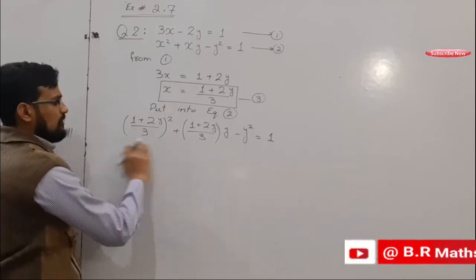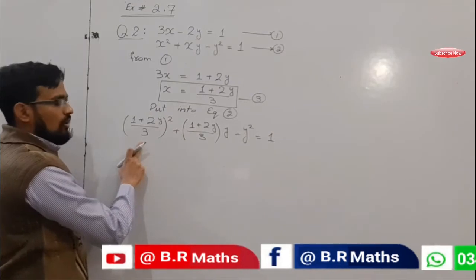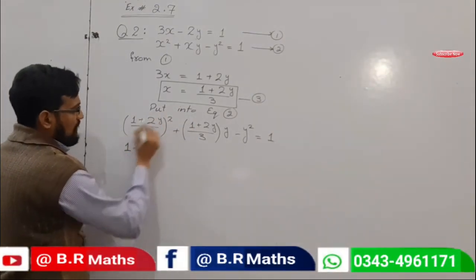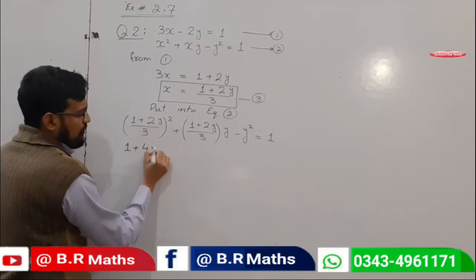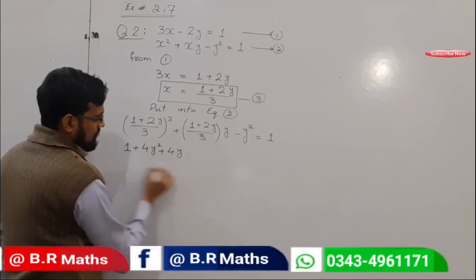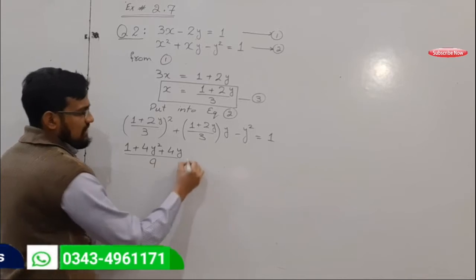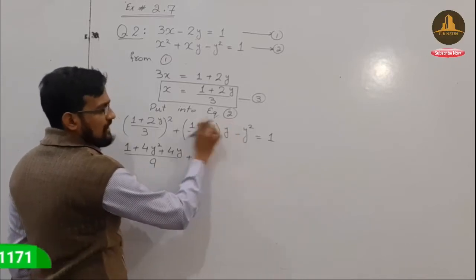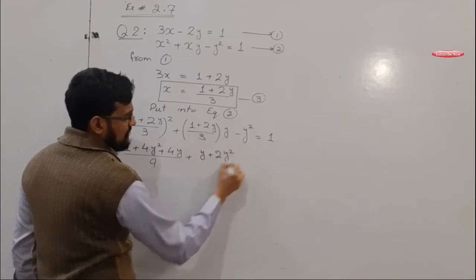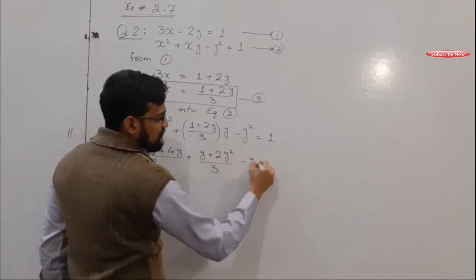So students, open your brackets. In the numerator use the a plus b whole square formula and in the denominator simply 3 square, 9. So 1 plus 2y whole square means 1 plus 4y square plus 2 twos are 4y. 3 square means 9, plus y multiplied, it becomes y plus 2y square over 3, minus y square